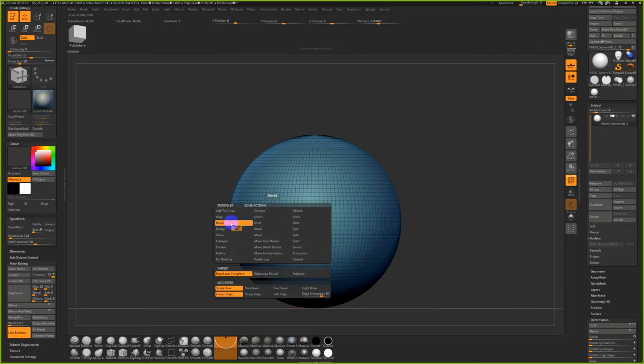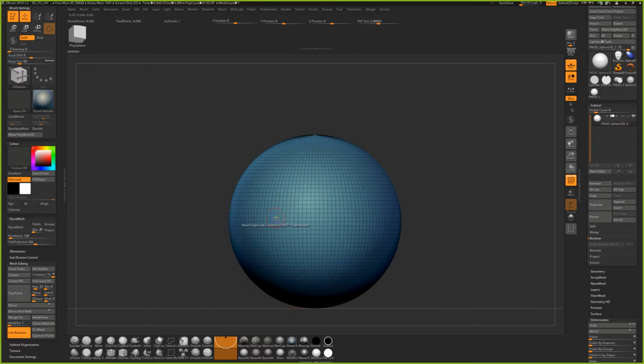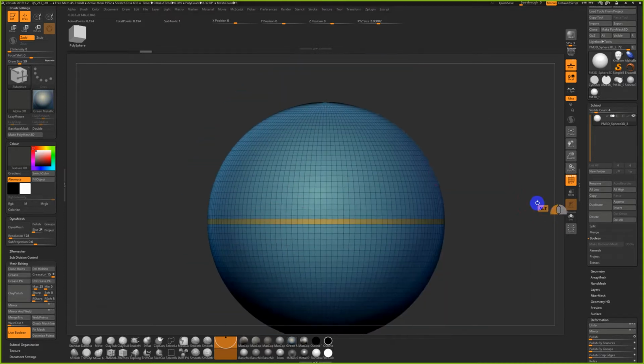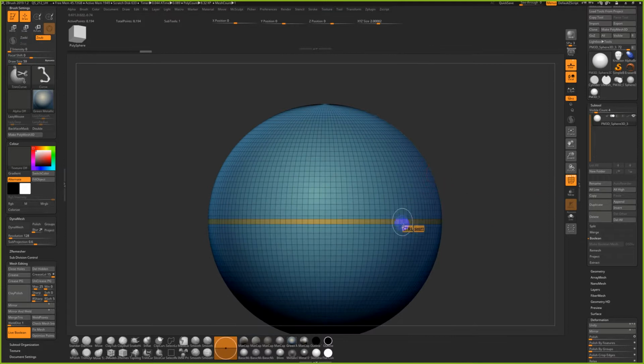And I'm going to bevel it just a tiny amount. So I'll take that center line and just bevel it a little bit. Oops, come on. I'm not sure why it doesn't want to bevel, but let's see. There. Okay, so I got a little bevel. And what I'm going to do is